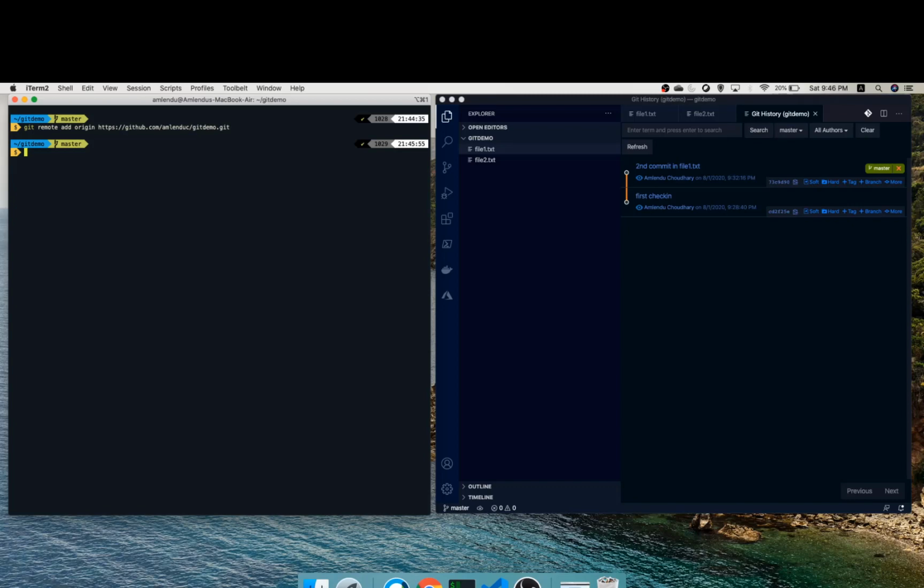The next thing that we have to do is push our changes, which means pushing our master branch changes to the remote repository's origin. So git push origin master. This command would send the changes, and I will have to enter my username here.